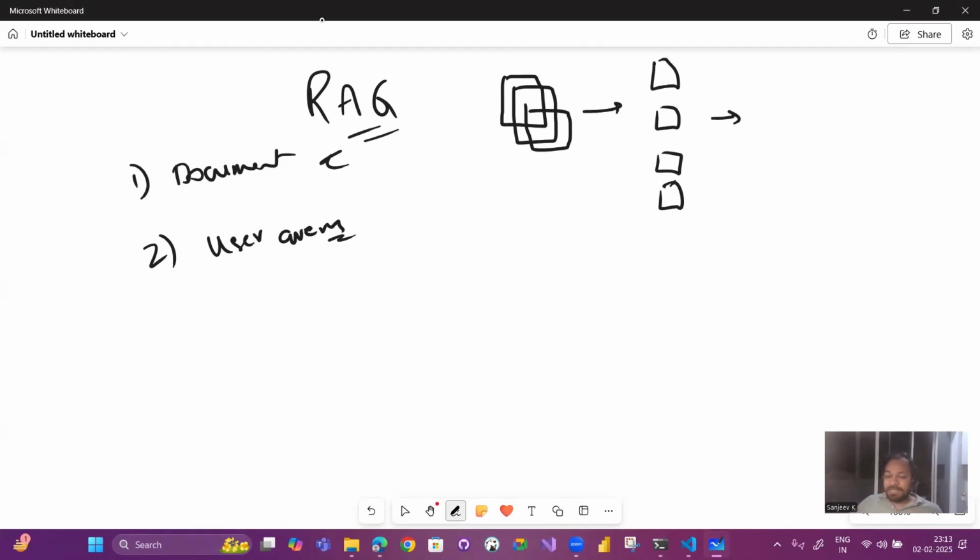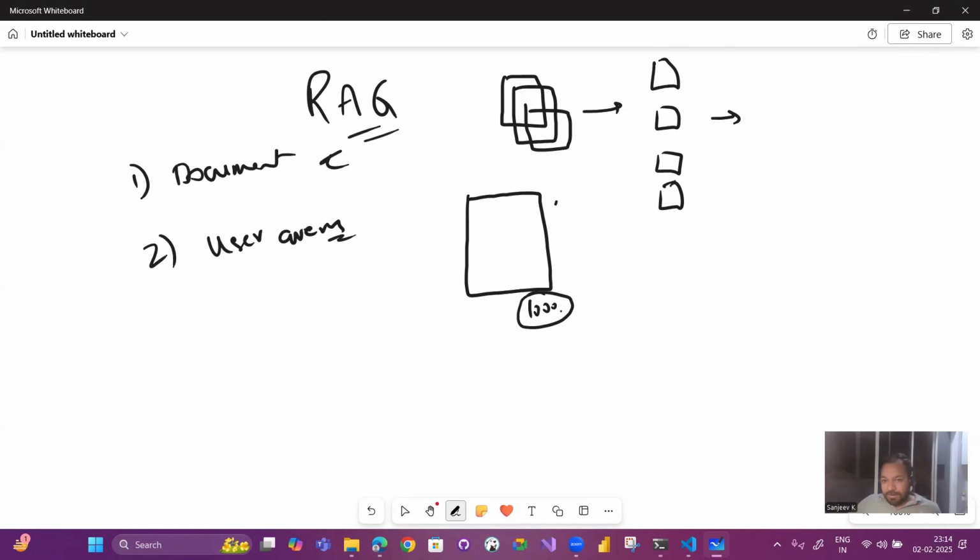Now what happens in splitting is, say for example, this is one page of your document, and it has, say, 1,000 words. I don't want to pass all 1,000 words into my chunk. Everything has a defined set of input. In olden days we used to have SMS, and in SMS there were only 140 characters. Same like that, every model has its own defined set of tokens that it can accept. So what we're going to do is divide this 1,000-word page into, let us say,